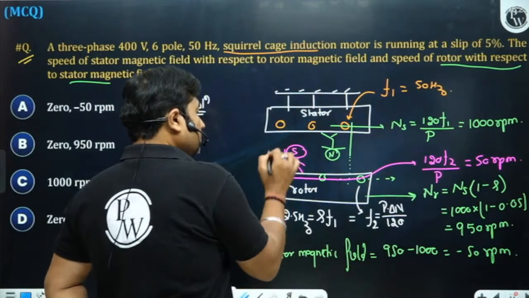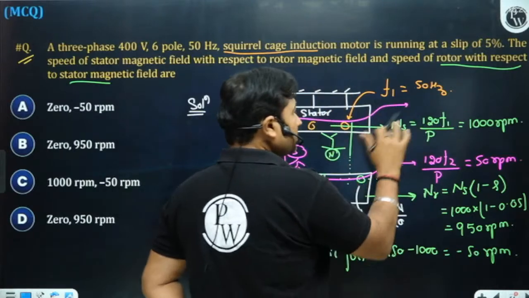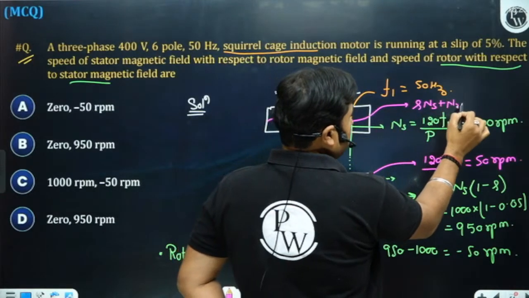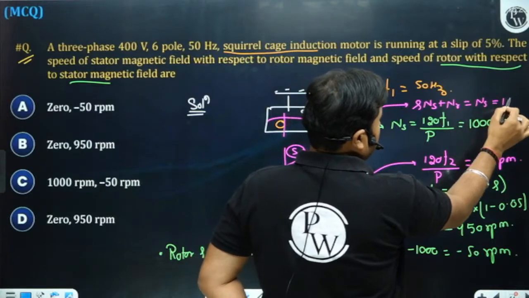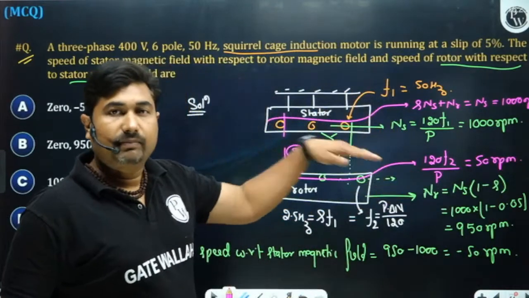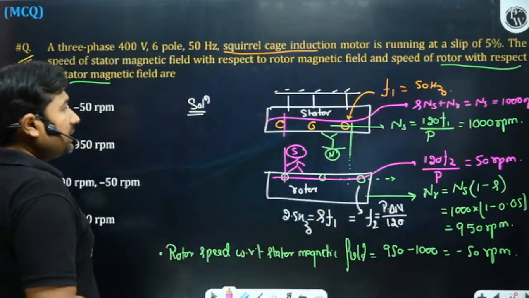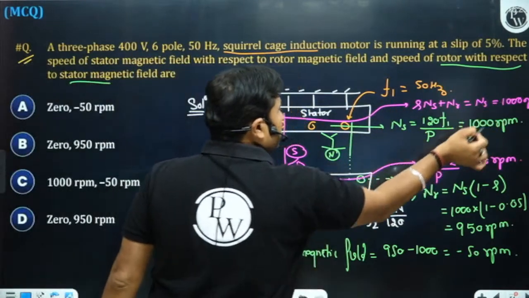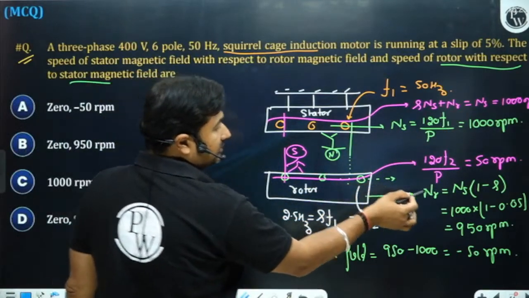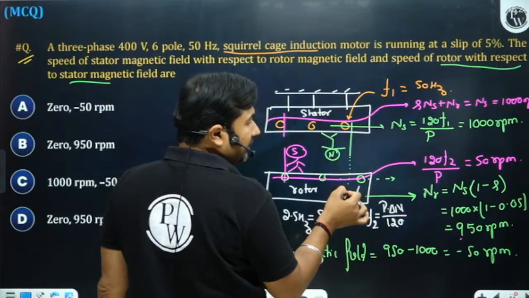This is rotor south. So rotor speed onto the stator body is NS plus NR, that is again equal to NS only, 1000 RPM only. Basically this is 950 plus 50, that is 1000 RPM with respect to stator. So onto the stator body, if you observe, the relative speed between the two fields is 0, and onto the rotor body, if you observe, the relative speed between the two fields is 0, because stator field